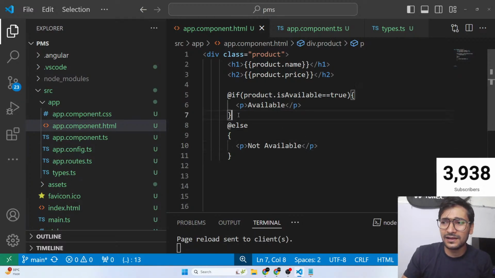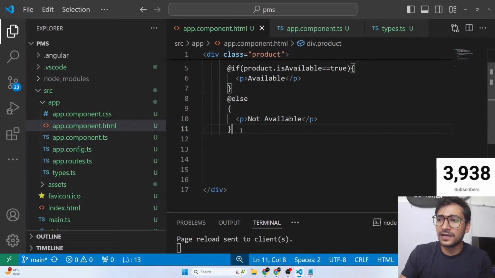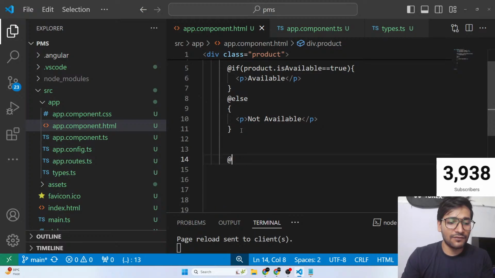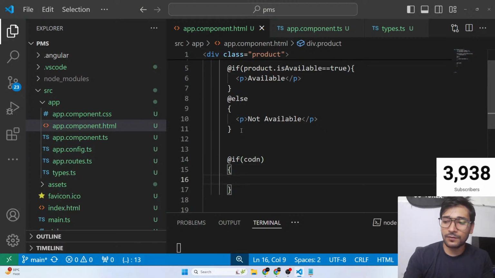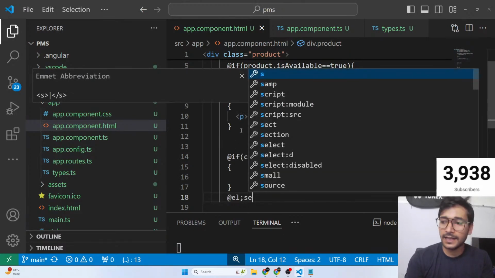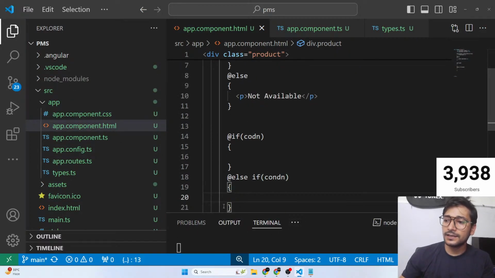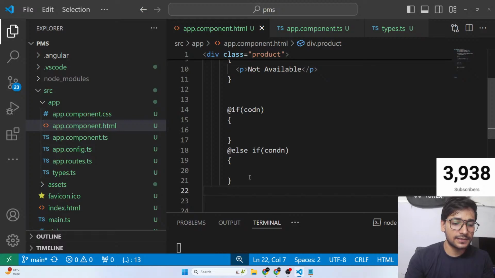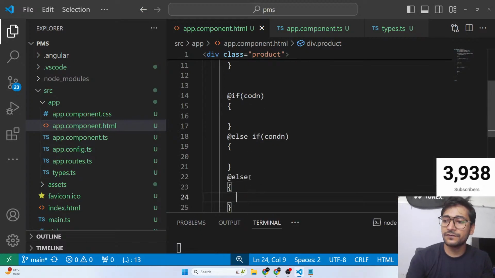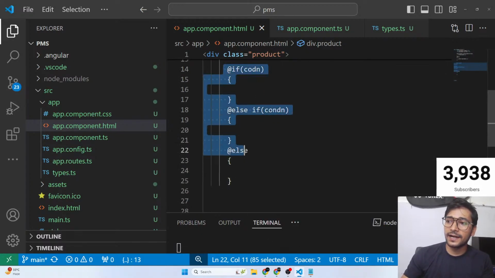And you can also have multiple, guys, just like you can also have multiple ifs. So if you want, you can have @if some condition and then whatever you want to do. Then else if some other condition, just like any random language, guys. And then finally you can have else. So this is the base syntax which is also available. So you can also write something like this.